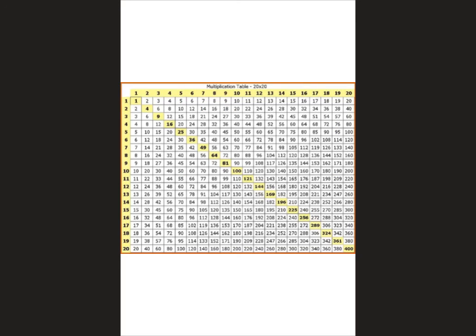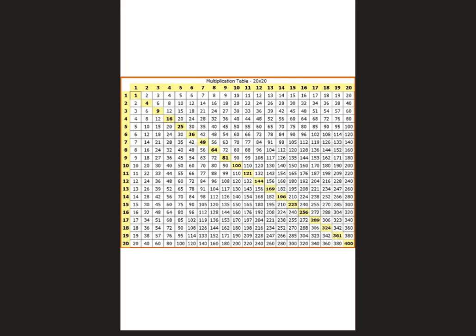For 119 here, I don't see it. Oh, I do see it here. I see 119 there. I don't know if I see it anywhere else. I see it there. I think those are the only 2 places I see it. So, excuse me, 17 and 7, and the other place is 17 and 7. So if I flip back,